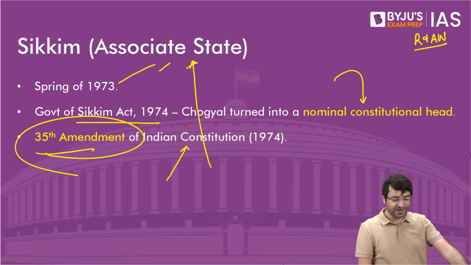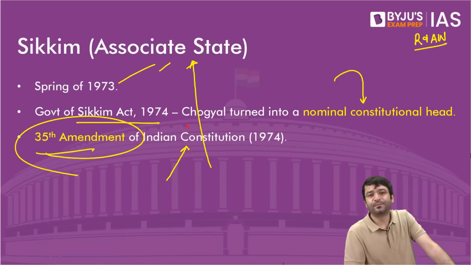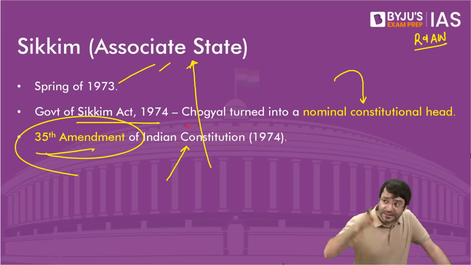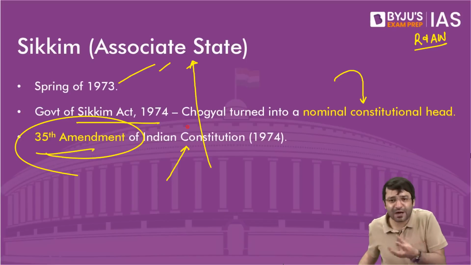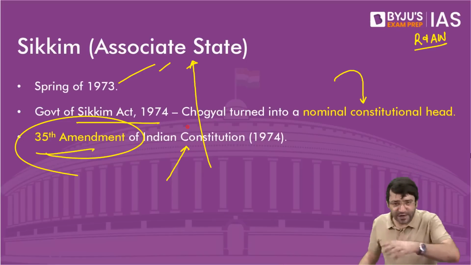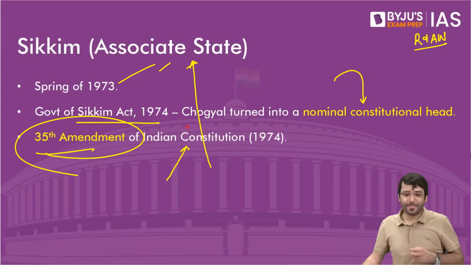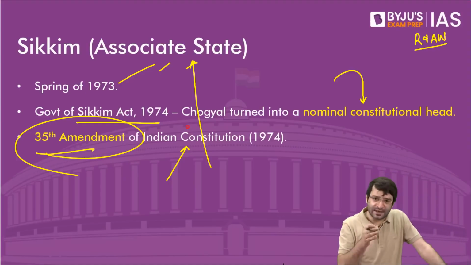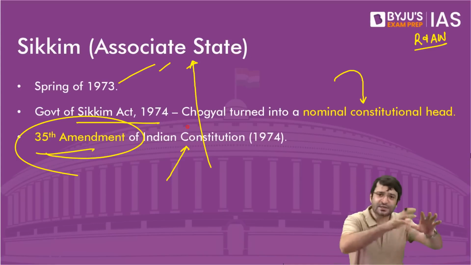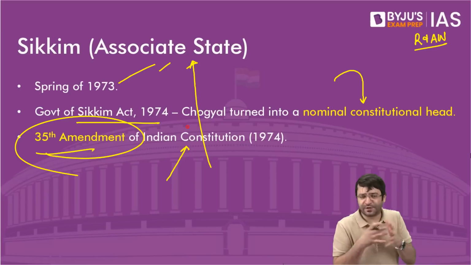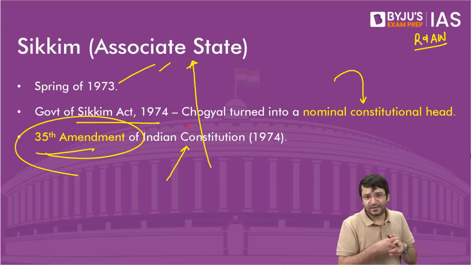But why associate state? Perhaps she was right. If we would have taken Sikkim as an acquired territory, international community would have said, where is the acquisition? Even if Chogyal is only a nominal constitutional head, but where is his permission? So you are doing something illegal. And ultimately, when Sikkim was admitted into India as an associate state, then Chogyal is approaching different countries and telling these different countries that India is interfering in our internal affairs. The very next year,